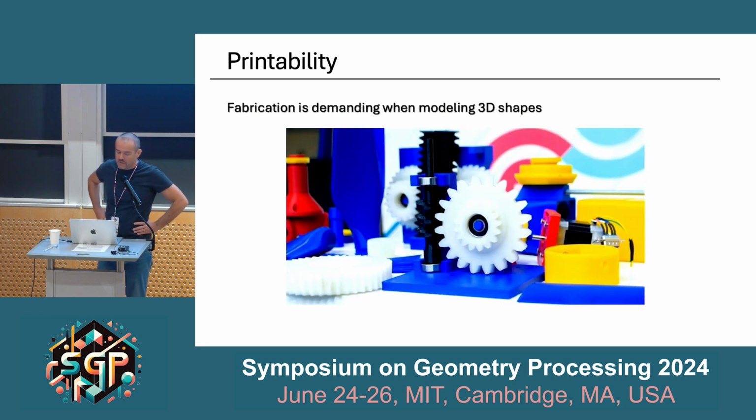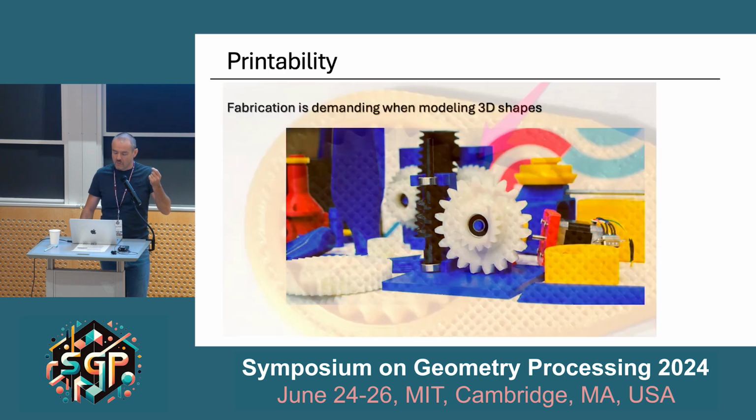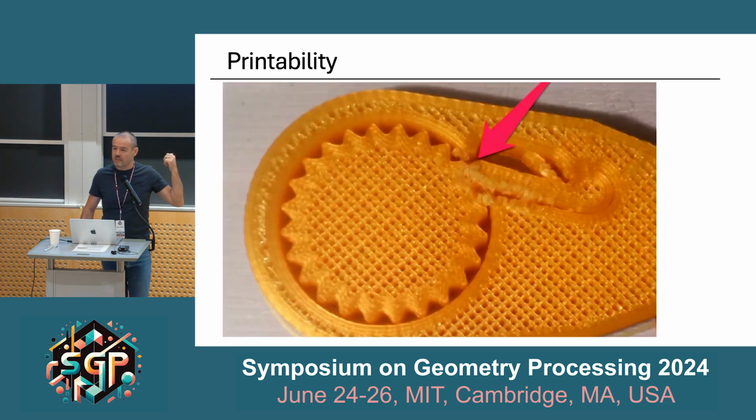Another problem you must consider is if you have moving parts. In this case, you have many gears that are supposed to move with each other. This can be done with 3D printing, it is perfectly feasible, but you must consider that there must be some clearance between the objects, otherwise you may end up with something like this. And the plastic may be glued together in an unexpected way,